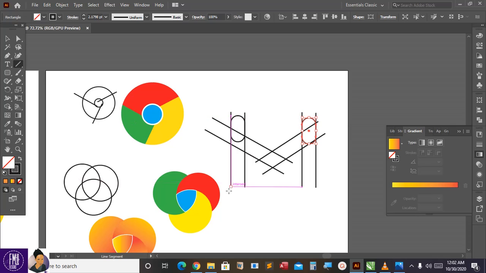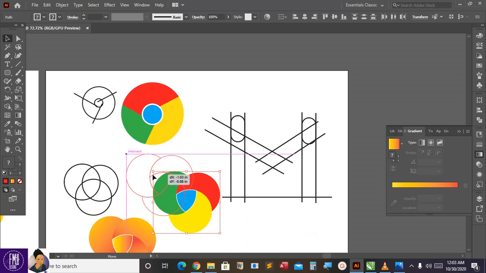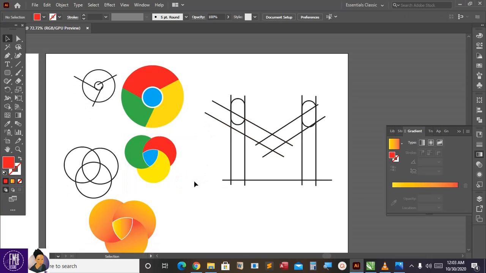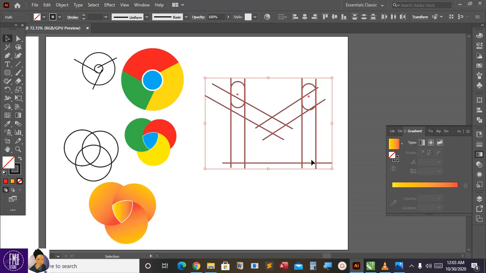Take the line segments again, come right, hold the shift to have a perfect line. Now in this case, I'll just drag this one downwards a bit. Okay, this should have been big enough before, and then in this case we'll leave it like that. Now 1, 2, 3, 4, move it halfway, reduce the size. Alright, now that I have this here, I'll select everything and then bring it downwards,